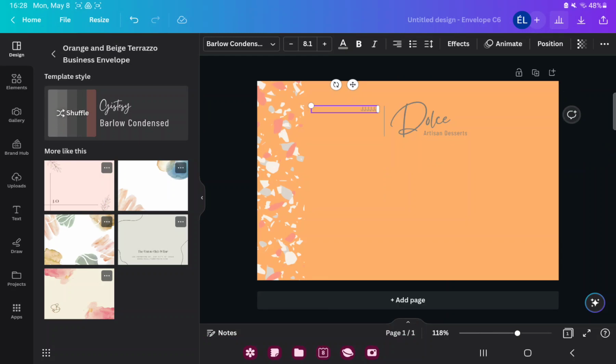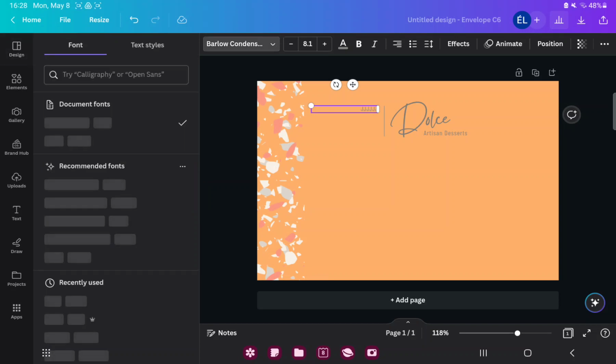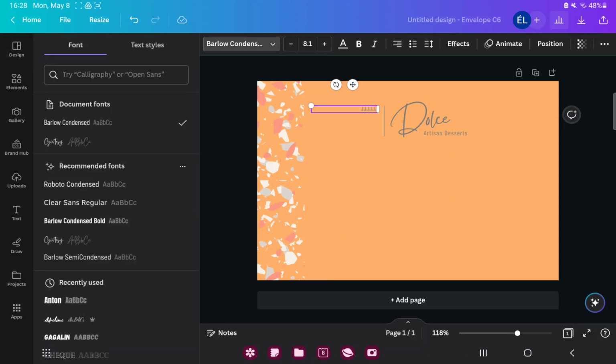Just click the arrow next to the Barlow Condensed button, and here you can find the different text styles and font types. If you want to change the size of your text, just click the plus or the minus icon,